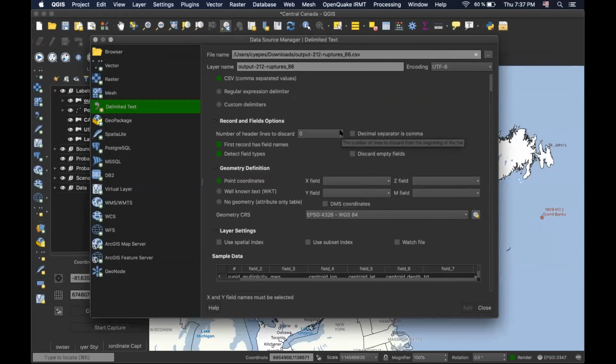These are many steps, so I will briefly repeat. You come to the left corner, there is a comma, delimited text, and you select and upload your CSV file, the one that you just downloaded. You will skip one line, the first line, and then you will see that by default, the software is telling you, I will use the X field as the centroid longitude of the rupture, and the Y field will be the latitude. You click on add,